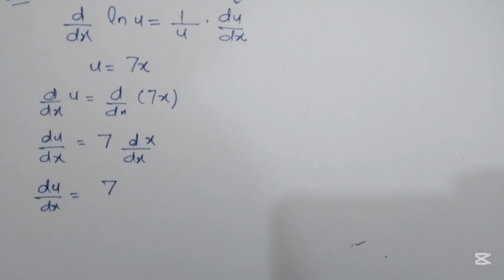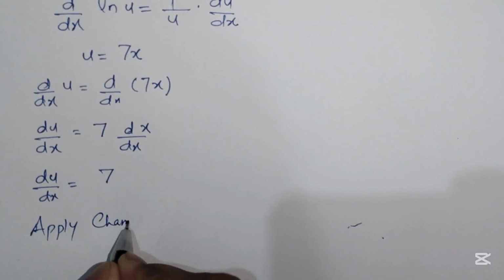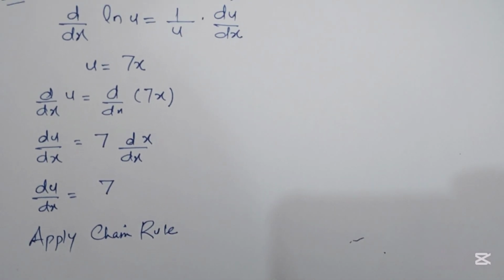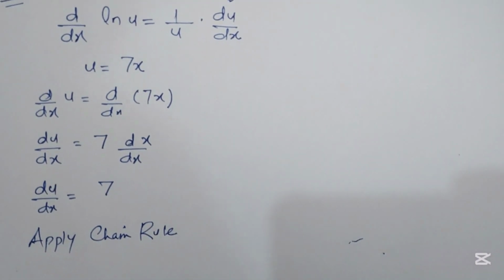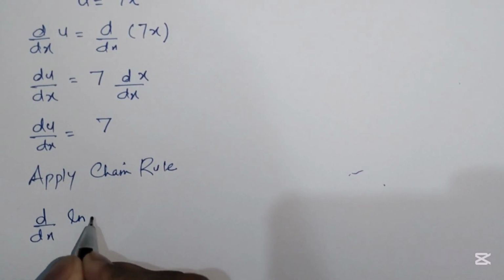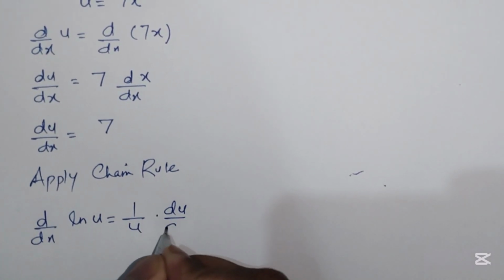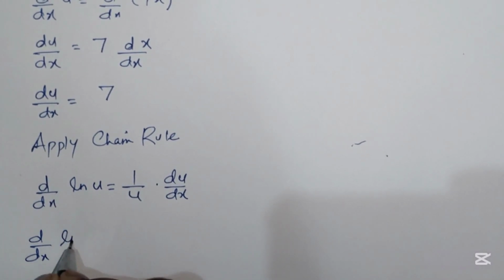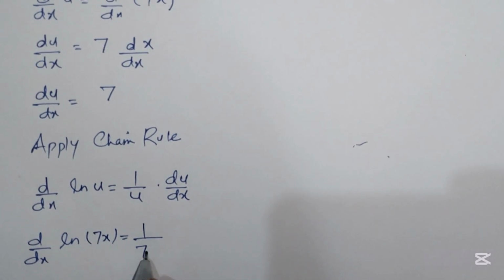Now we will apply the chain rule. We will put the value of du by dx here. We have the value of u, so it becomes d by dx of natural log of u equals 1 over u du by dx. We will put the values. d by dx natural log of u, where u is 7x, equals 1 over 7x